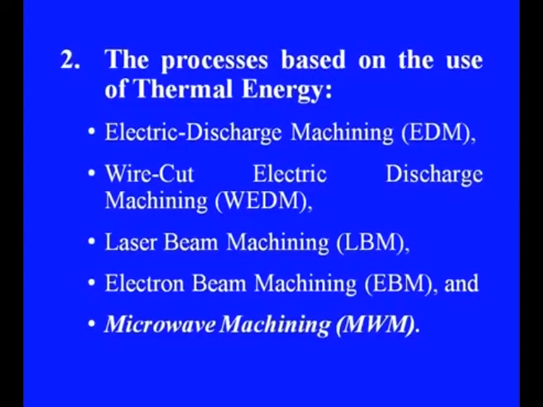Then another category is the processes based on the use of thermal energy. These processes include electron discharge machining, also known as EDM, then wire cut electric discharge machining, also known as WEDM, then laser beam machining, very popular as LBM, then electron beam machining, known as EBM. These LBM and EBM are two processes used for precision machining. Very small cuts can be achieved with this, hence very small holes of diameter in microns can be developed using